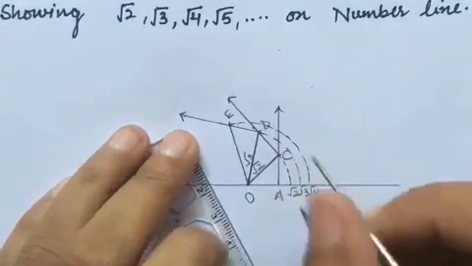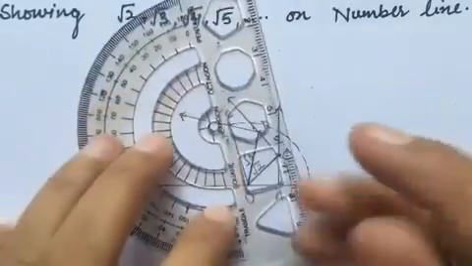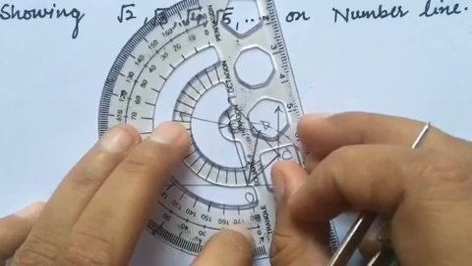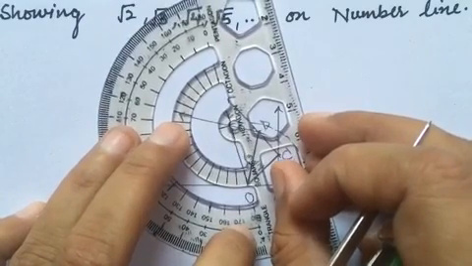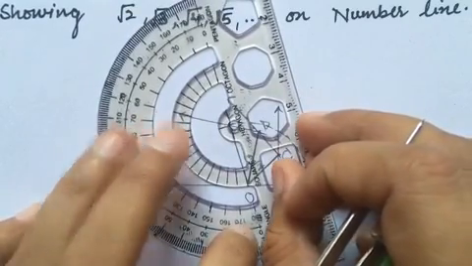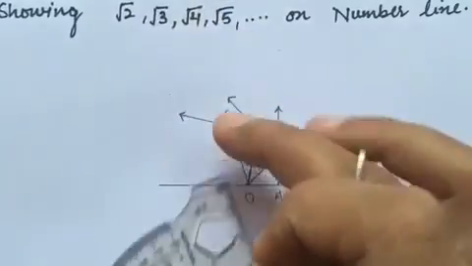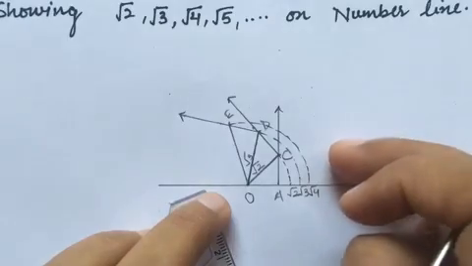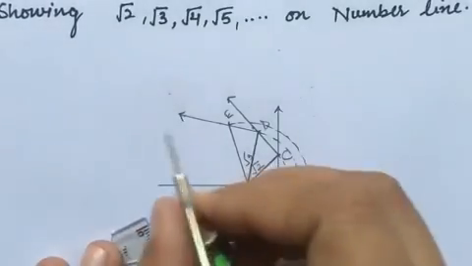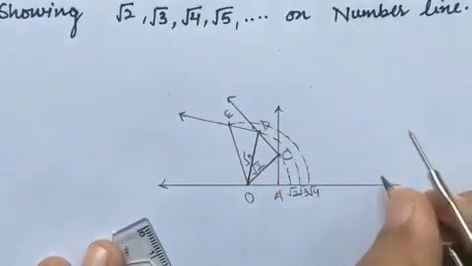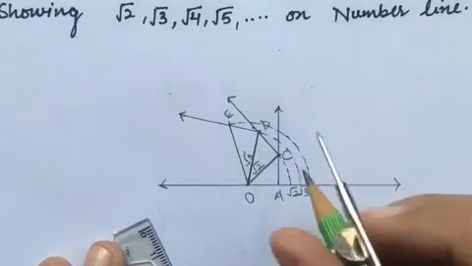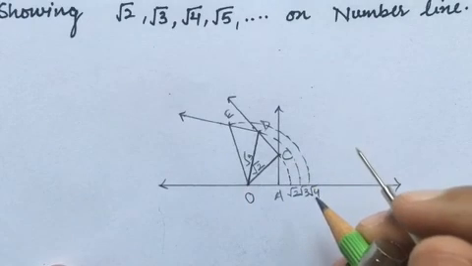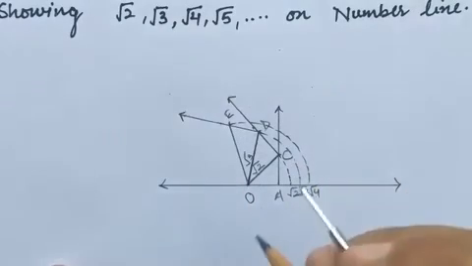So again you can draw over here a perpendicular on point E, accurately, and then cut 1 centimeter from it, join it with the initial point O, and again draw an arc. That would be your root 5. Getting me? You can write the points of construction. First of all, we have drawn OA. If you want, you can write the points of construction. Otherwise, you can just draw it.